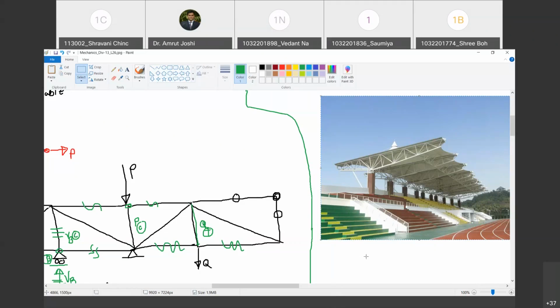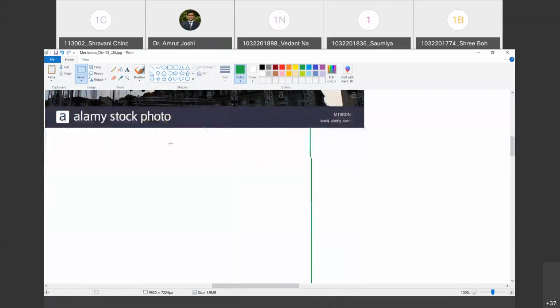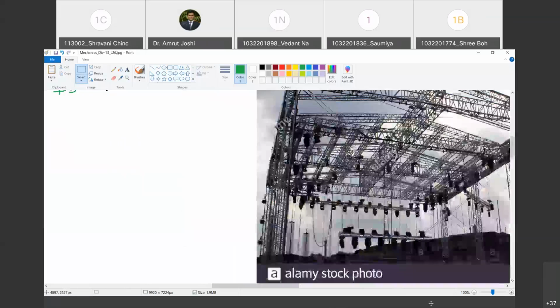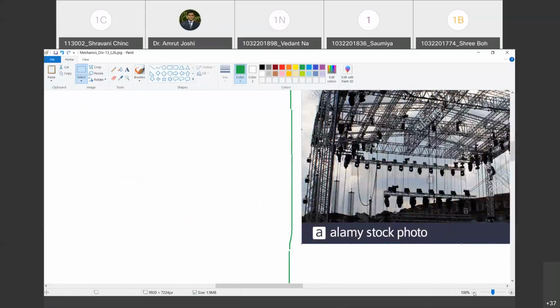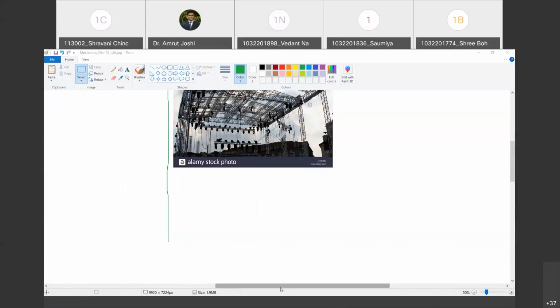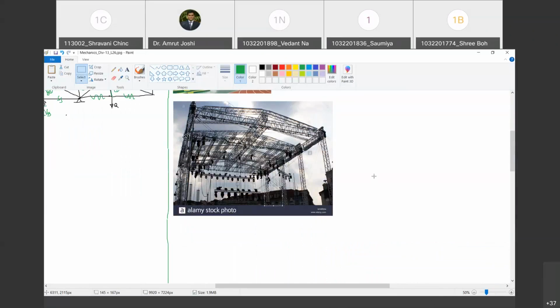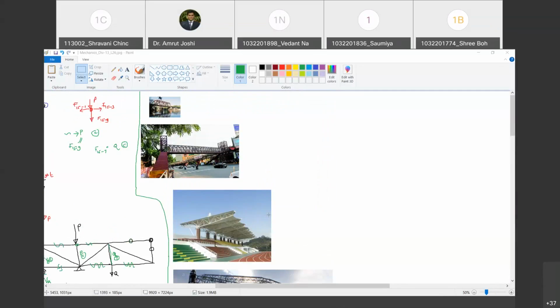Let me give you a few more examples. Have you seen such kind of industrial sheds? Oh, yes, sir. Are you with me? Yes, sir. This is a part of an industrial shed. Have you seen such kind of structures? Yes, sir. Of course, it will be covered later by cladding material. Are you with me? Yes, sir. Now, what is the peculiarity of all these examples? Tell me the peculiarity, what is it?